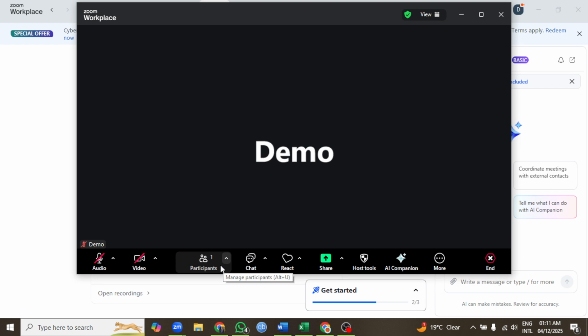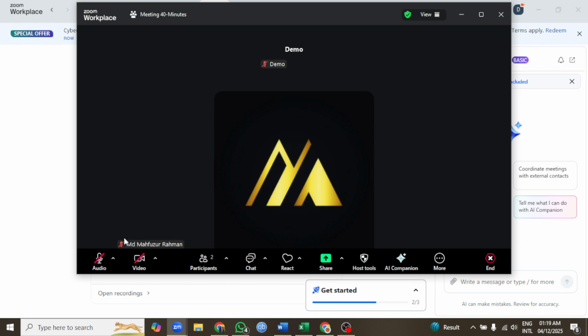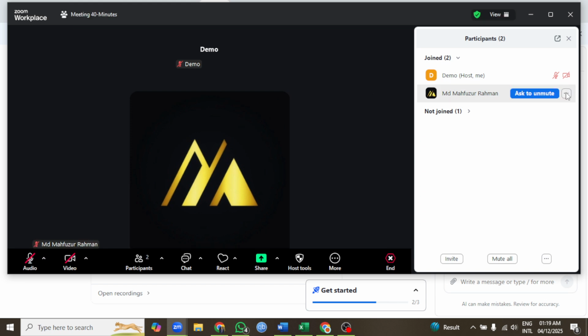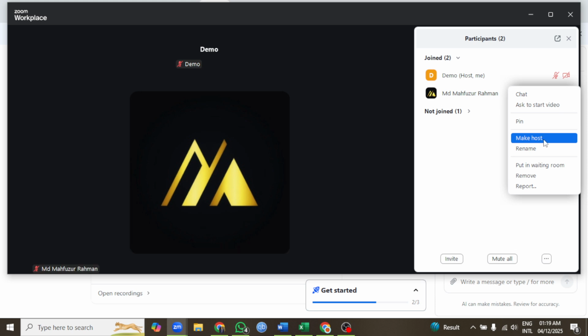Next, start your meeting. You'll know you're the host if you can see the meeting controls along the bottom or top of your screen, depending on your device. Wait for the person you want to promote to join the meeting. You can only make someone a co-host once they're in the session. If you don't see your controls, move your mouse or tap the screen to bring them up. Now open the participants panel, click